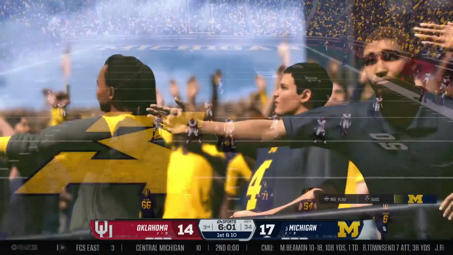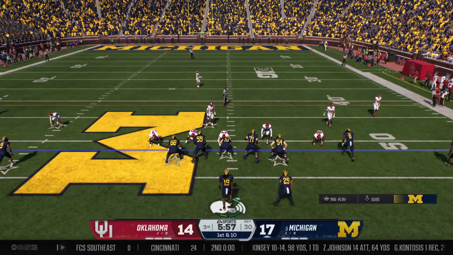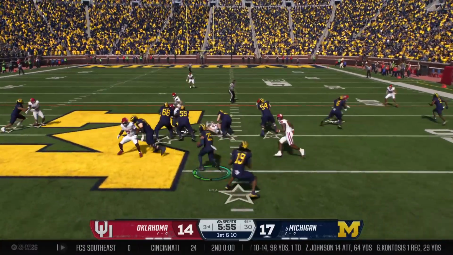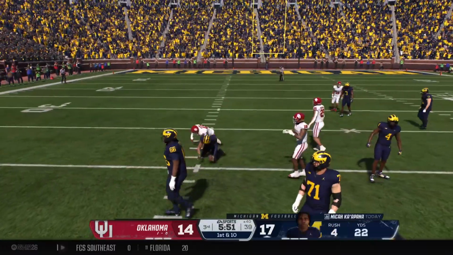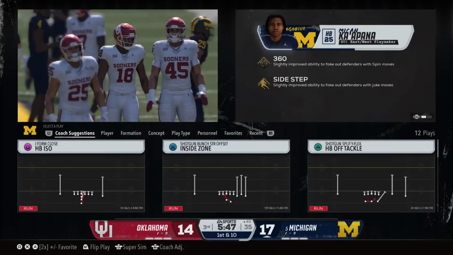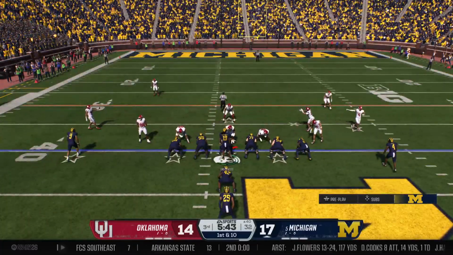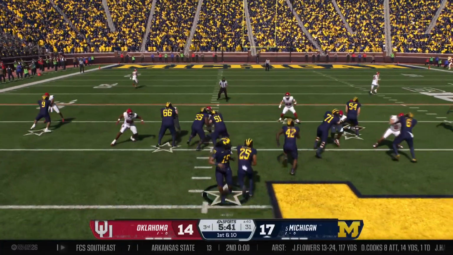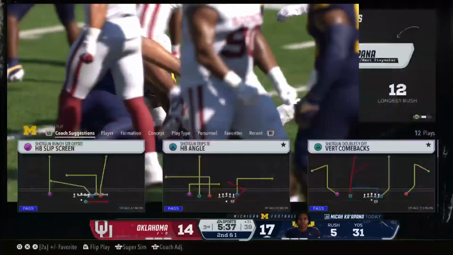This guy fits the bill. Big, sturdy Michigan pocket passer. It's built on the ground, but I'll tell you what, when Michigan's had their best teams, they've got to have that balance, right? You've got to have a guy back there in the pocket that can make the decision, get the ball out, and get some first downs. The Wolverines pounded the rock to move the sticks, now back to work. And they pick up another 9-yard run by Kapana.